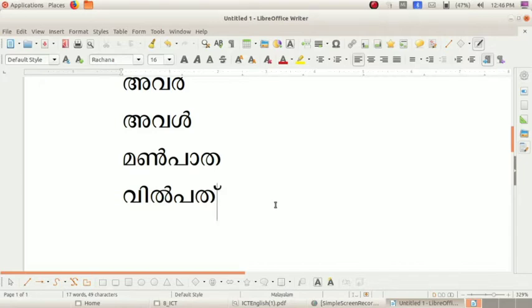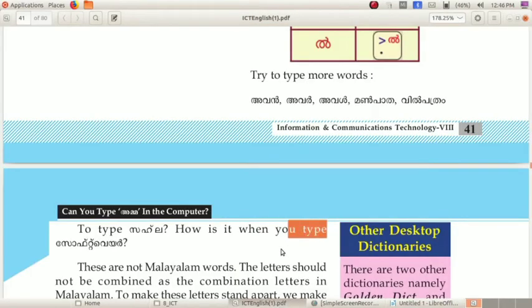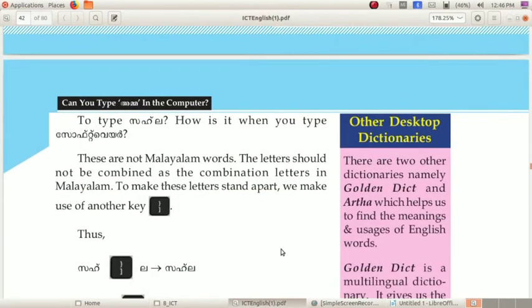Then select J key, that is Ra. Ta plus D plus Ra is tra. Okay. Vilpatram. Okay. So if you are having the computer in your home, you can just try this.